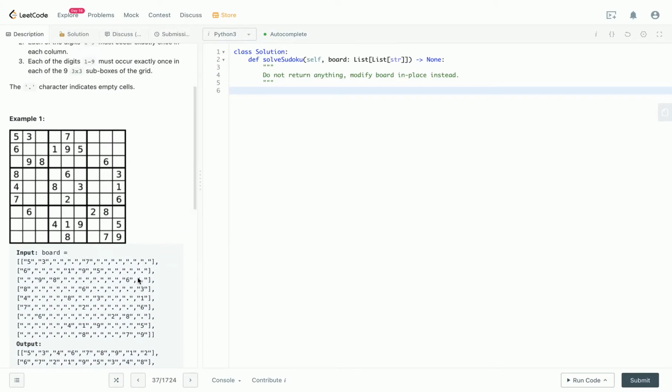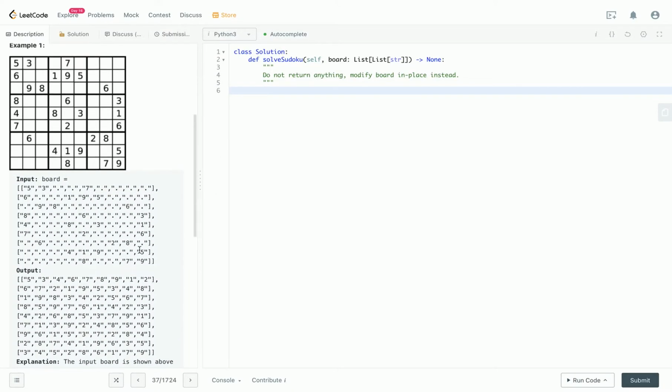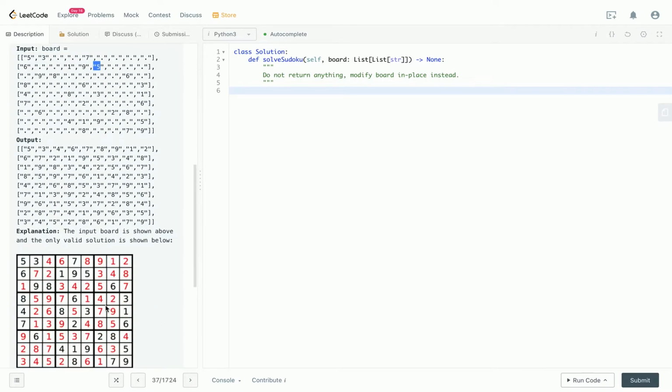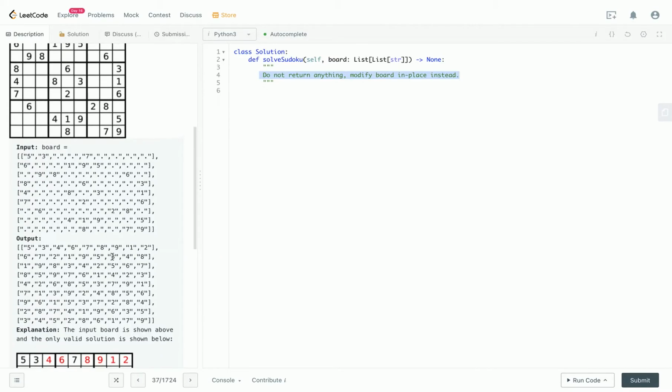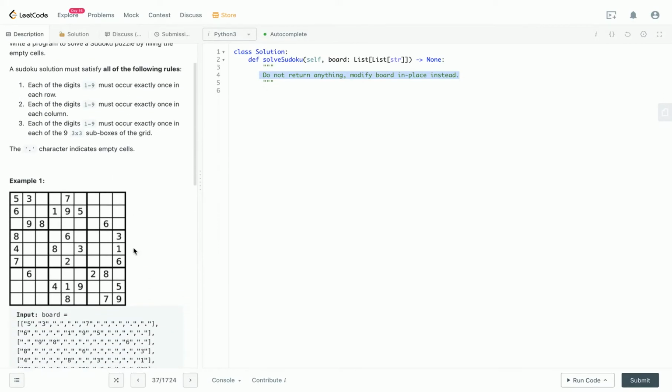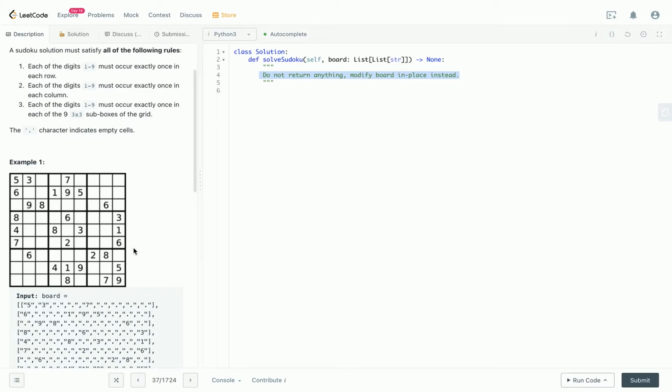So notice that in the input, it's not actually numbers, there are strings of numbers. And your output should be a filled Sudoku, but here it says do not return anything, modify the board in place instead. So, okay, to solve this problem, you have to